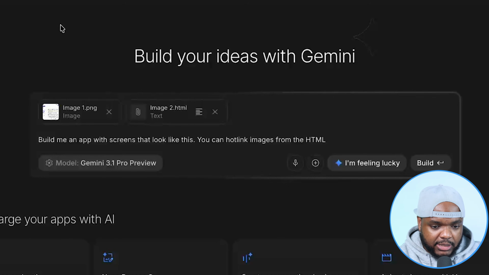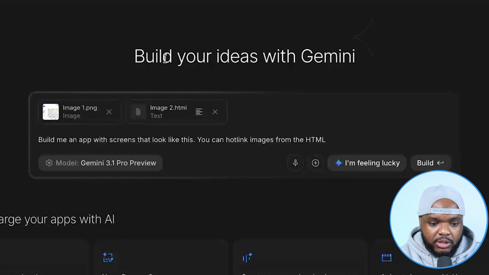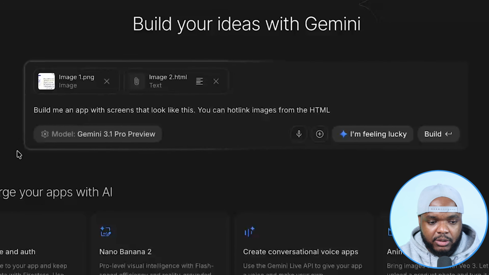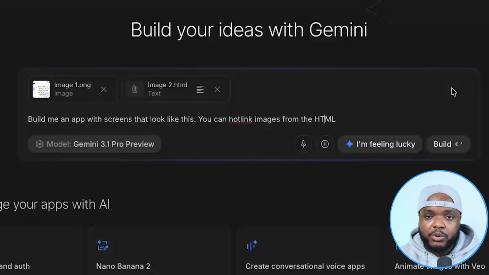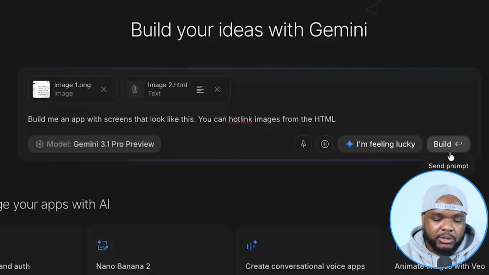Okay, great. So as you can see, it's now taking me directly to the AI Studio. And this is what the interface is going to look like. It's going to be pretty simple. It's going to take the image from Stitch as well as a description of what you're looking to build. And it's also going to give it a simplistic prompt. And to be honest, from this point, you could just click on build and Google AI Studio is going to do an outstanding job. But if you wanted it to maybe build something very specific using the image from Google